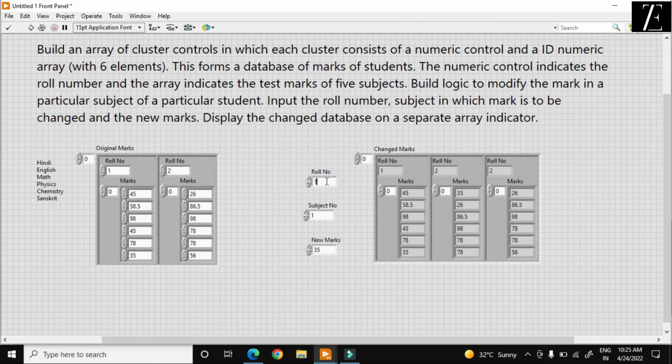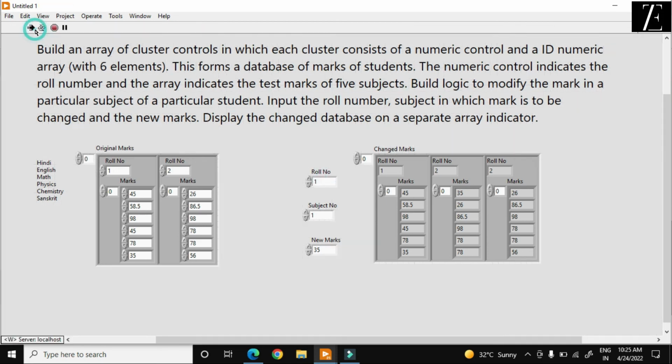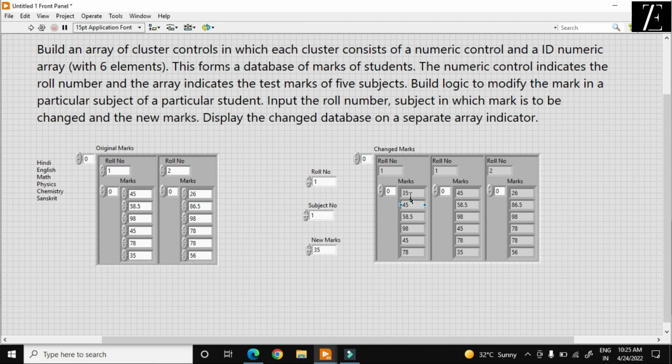Let's say I want to change the roll number 1 marks. This is 35. There is some error. I want to resolve it. So this is how you can create different functions using